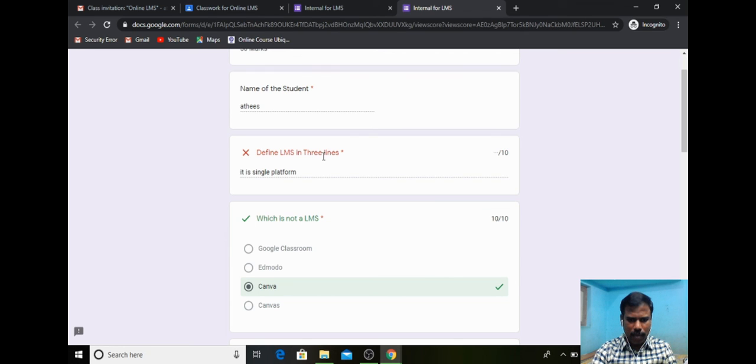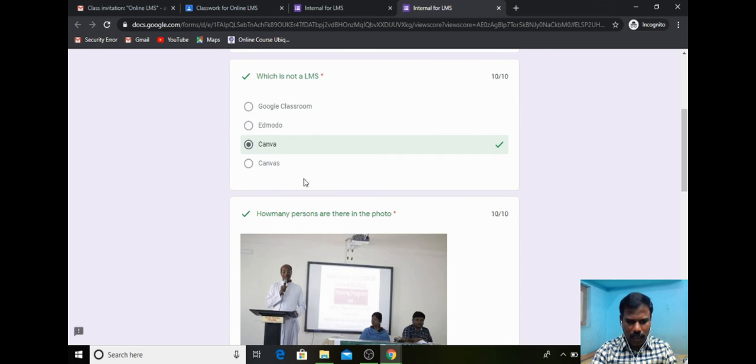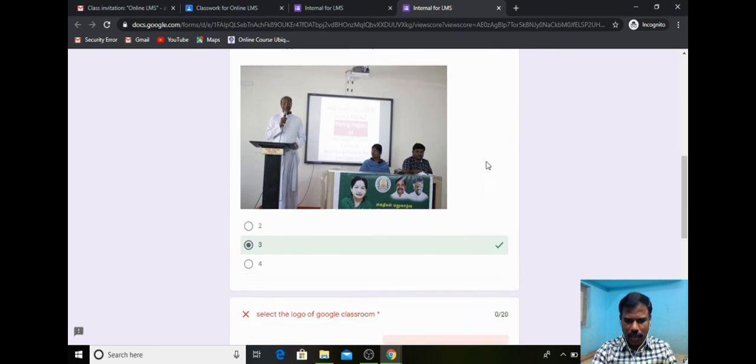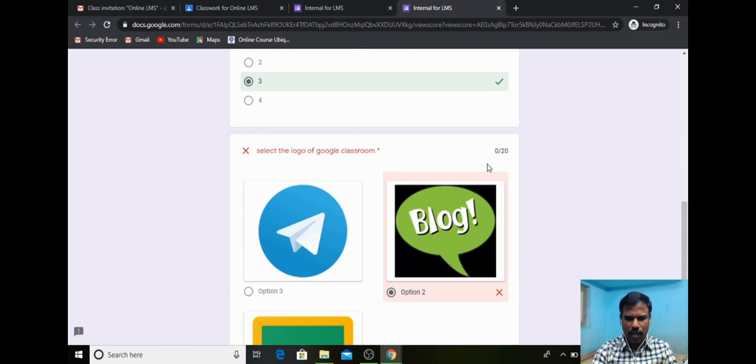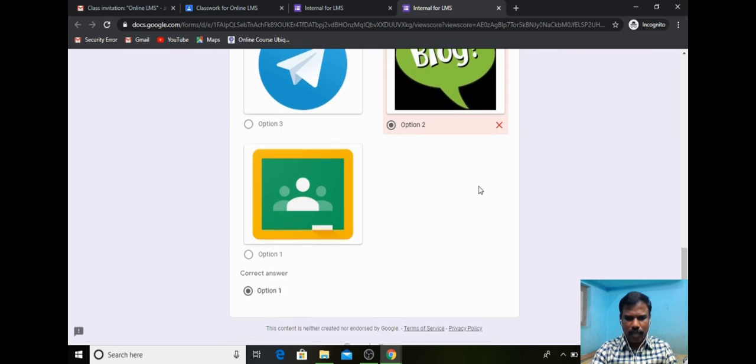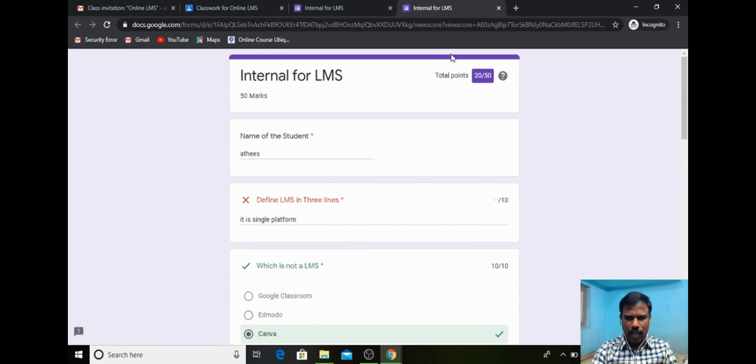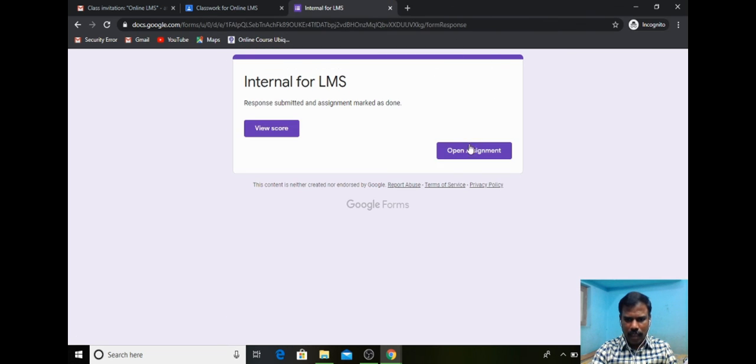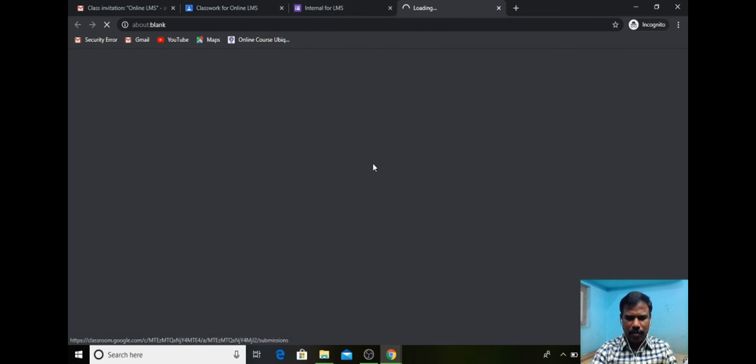For example, I see that this is a mark defined by the staff or teachers only. Here it is right, 10 marks I got, here 10 marks I got, here 0 marks out of 20. So this is the option. After making it, I can open the assignment.